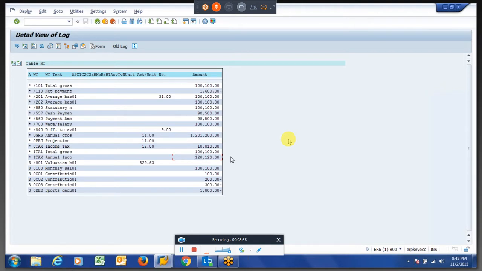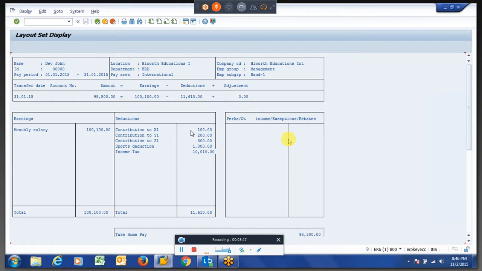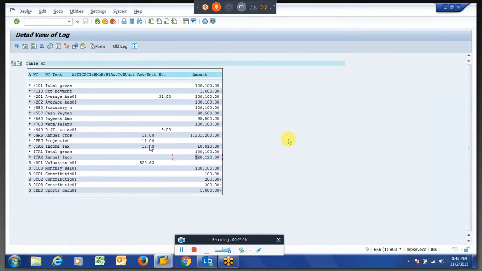Right, we are giving exemption for some wage types. Let us say the employee has some contributions. If you see here, we have created some three deduction wage types. So these amounts should be reduced from his annual gross income, that is taxable gross income. Right? If you understand the scenario, it will be okay. If not, please ask the questions.